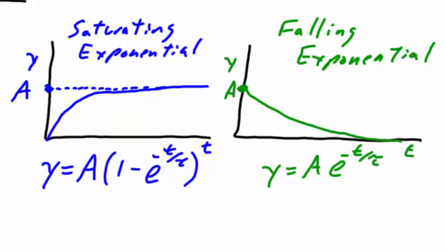The tau, or time constant, is a little bit trickier because in fact the function itself is featureless and smooth along the x-axis. However, if you look at the two forms mathematically, you can see that tau in each case has a common interpretation, and tau in each case occurs at the time when you only have 1/e of the way left to reach the asymptotic value. 1/e sounds like a funny number, but we know that 1/3 is 1 over 3 and 1/4 is 1 over 4, so 1/e is 1 over e. And if you plug in the numbers, that's about 37%. So when you have only 37% of the way left to your asymptotic value, that's the time tau in each